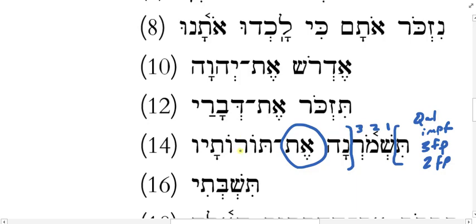Is this noun, that's what we're keeping or guarding, is it singular or plural? Do you see the yod here? And I have a pronoun at the end. Is that singular or plural noun? It's plural. Do you see the ot ending on torot? That also is telling you that this is plural, right? This is a feminine plural noun that has a 3ms pronoun suffix. So whose things are these ladies keeping?